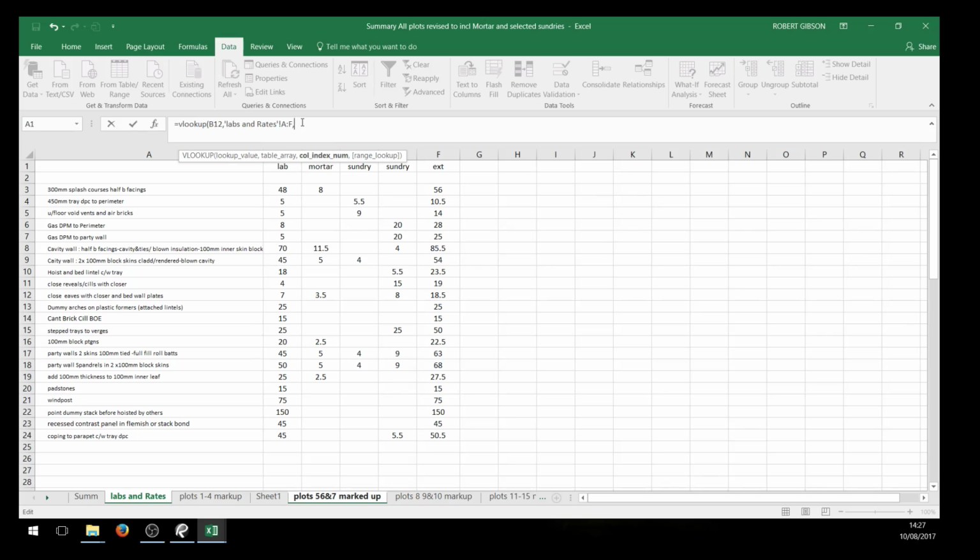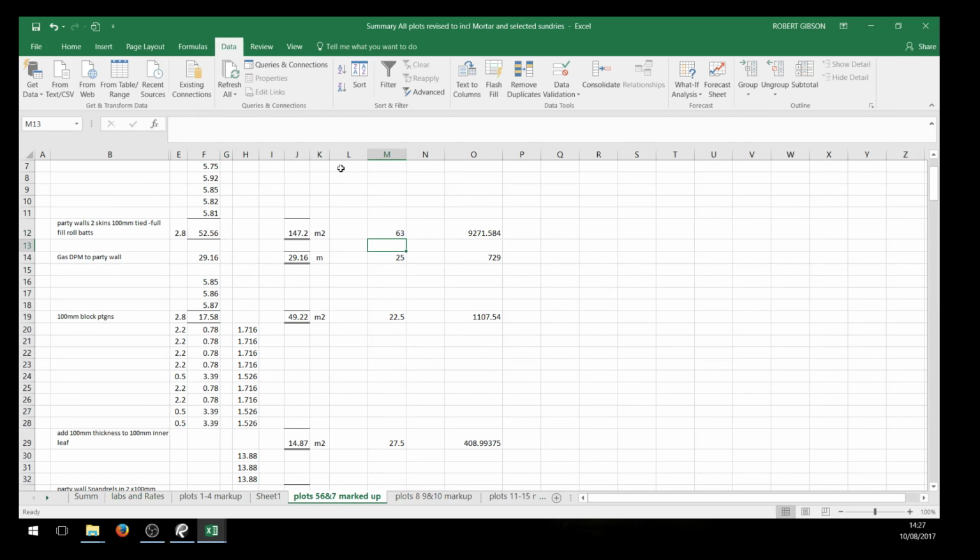F is the 6th column. Put in another comma and tell it that it has to be explicitly what's in that column. This is what they call Boolean data. False is an exact match, which is 0. So Boolean 0 is false and 1 is true. That's a bit of a programming term, but put in 0, close the brackets, and you'll notice that the